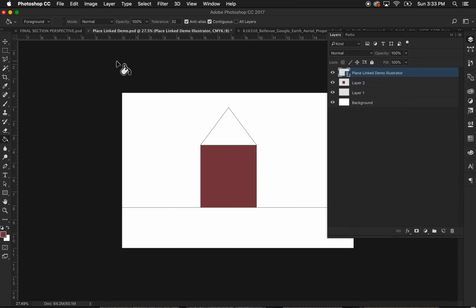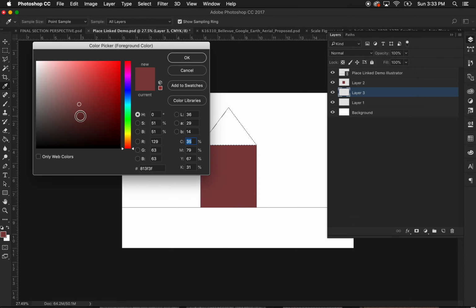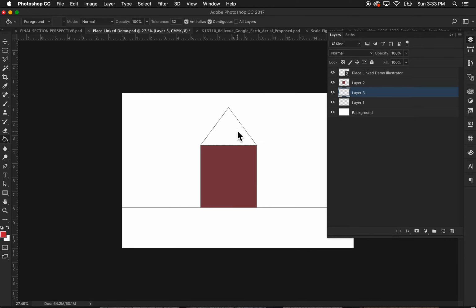I can go back and select this house, maybe select my roof, same thing, make a new layer. I like keeping things separate that I know are going to be different colors or textures or patterns, and fill in the roof. So now you'll notice, as I've done that and added color and hit save for good measure,